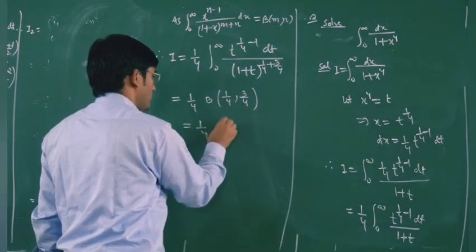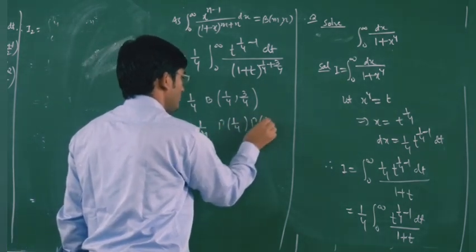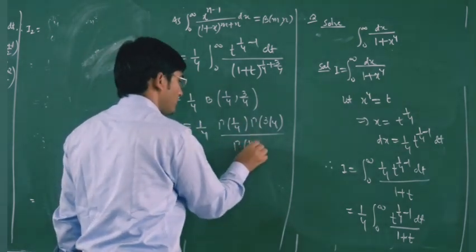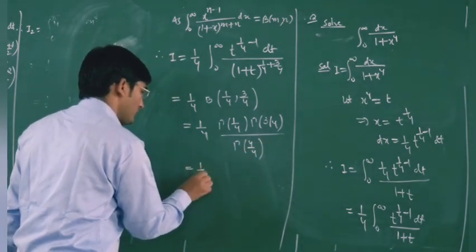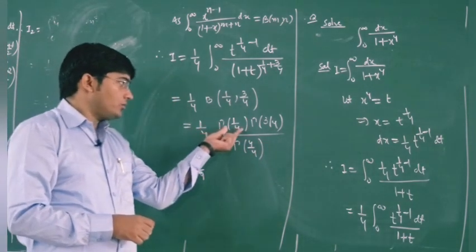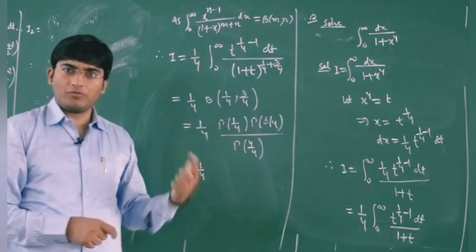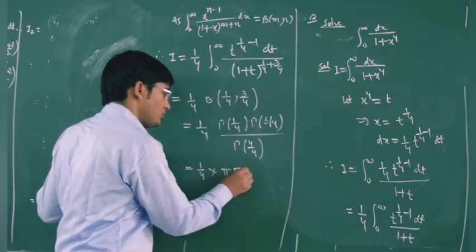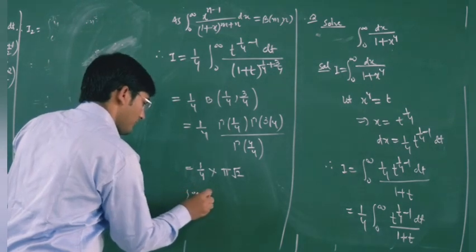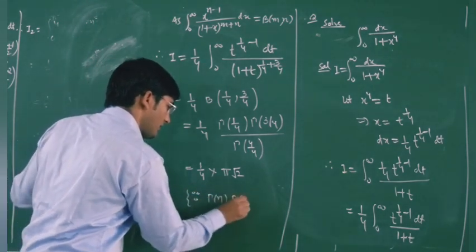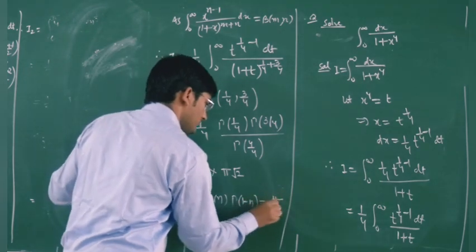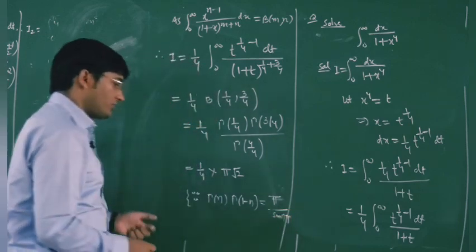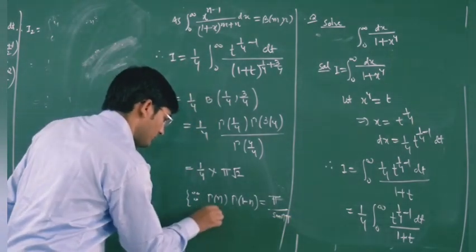and this is equal to 1 by 4 gamma 1 by 4 into gamma 3 by 4 divided by gamma 1 by 4 plus 3 by 4. So this is your 4 by 4. So we have gamma 1. Now again this is your 1 by 4. Now the value of gamma 1 by 4 into gamma 3 by 4 is, I have given you the value in my previous lecture. This was your pi root 2, because we have the formula for gamma n into gamma 1 minus n. This was your pi upon sin n pi. Now if you put n equal to 1 by 4 here, so you get gamma 1 by 4.